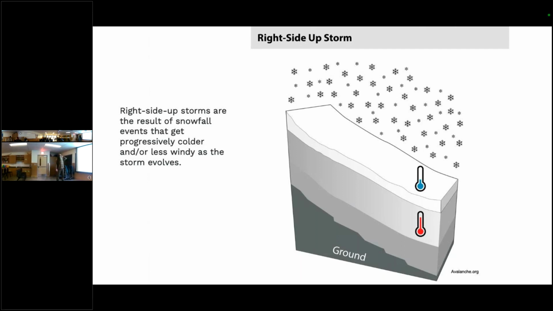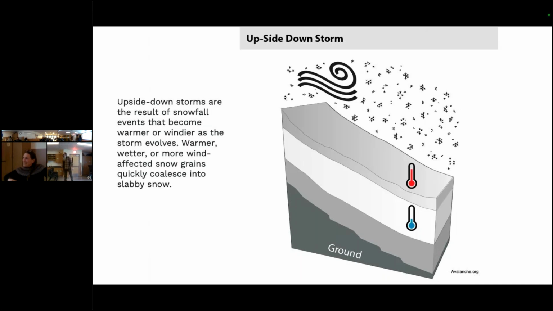Right side up storms, you might see this in our forecast, tend to be where the snow on the bottom is denser. And then as you get towards the surface, it's lighter and lighter. And if you think about it, what's a good analogy for that? Well, let's say it had steel or concrete boots on or something like that. I've got a lot of weight down here. It's going to be hard to kind of tip me over. But if I had all that concrete up here, standing on one leg, that makes sense.